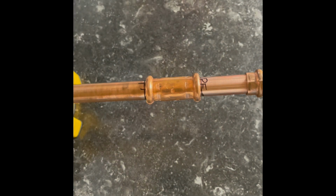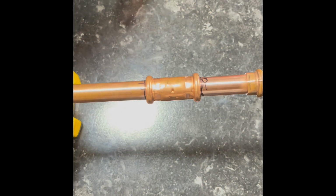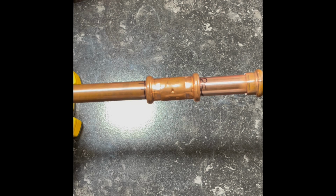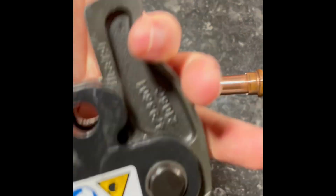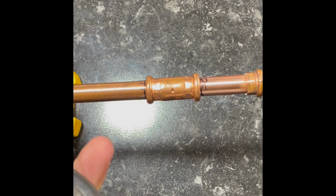So what happens is, every single press that you do, you'll find that the copper will come off the actual fitting and onto that. So over time you'll get a build-up of a few mil, and then this is when you get the sticking even more so. But what I suggest is first of all clean it with a non-abrasive, ideally Scotch-Brite material,